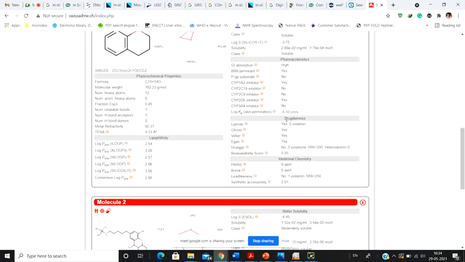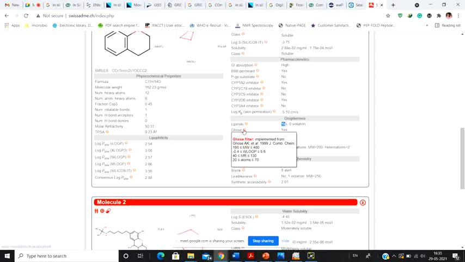Next comes the drug likeness, and it says, does it obey the Lipinski parameter? It says yes, there are 0 violations. And what are the Lipinski parameters? Simply hover your pointer over this question mark and you get to see the parameters very briefly. The molecular weight must be less than or equal to 500, MLogP must be less than or equal to 4.15, N or O must be less than 10, that means the hydrogen bond acceptor must be less than 10 and hydrogen bond donor must be less than 5. So yes, it obeys all the rules.